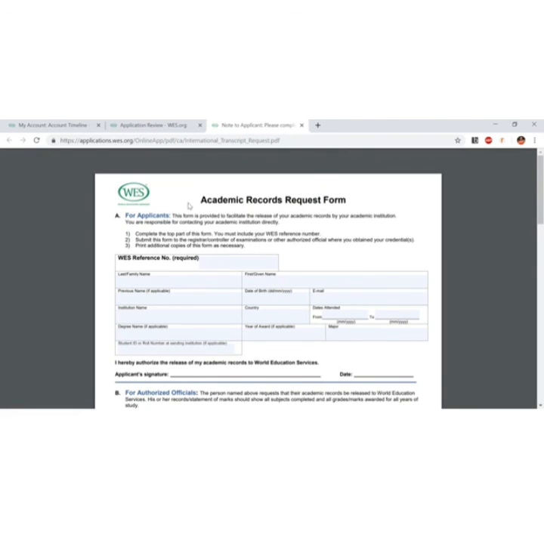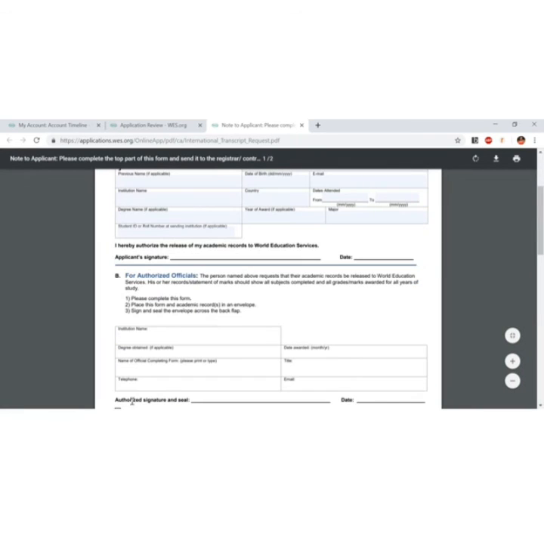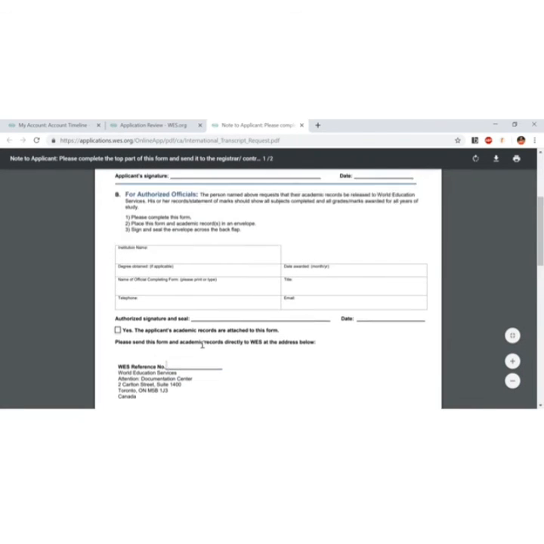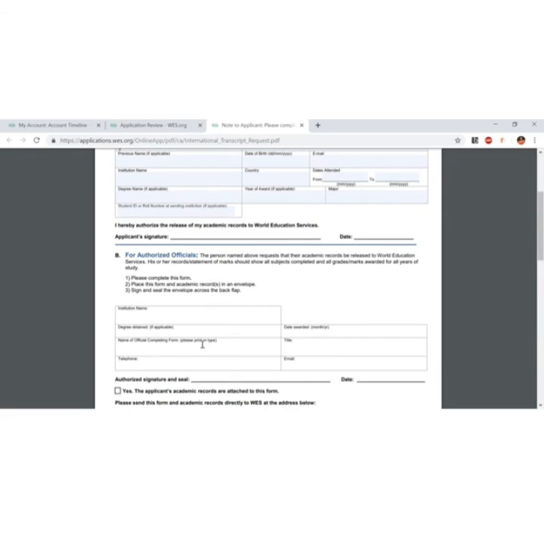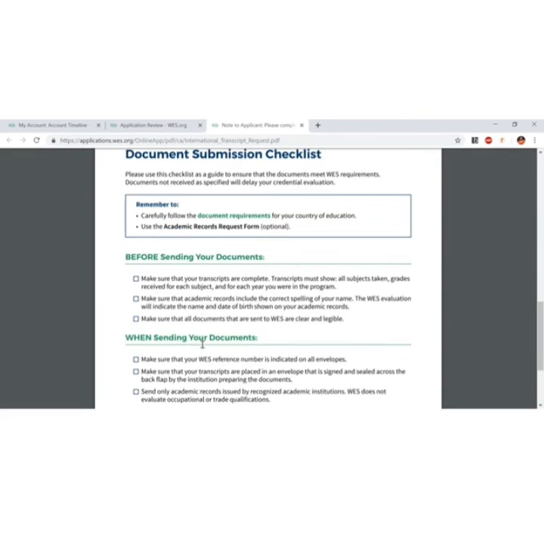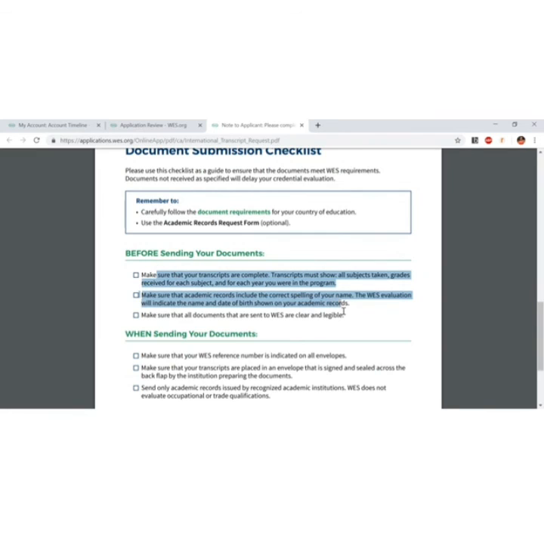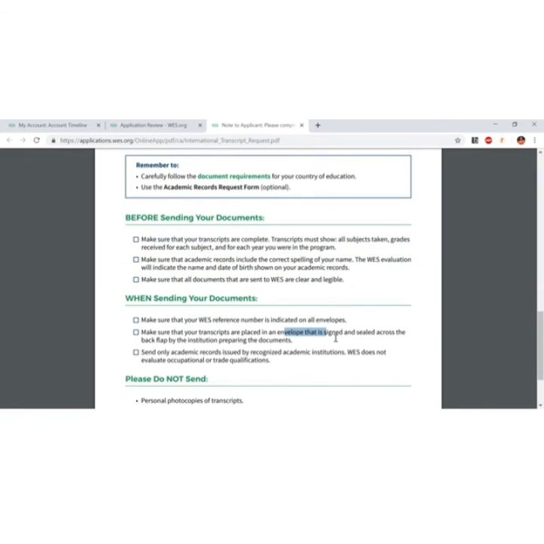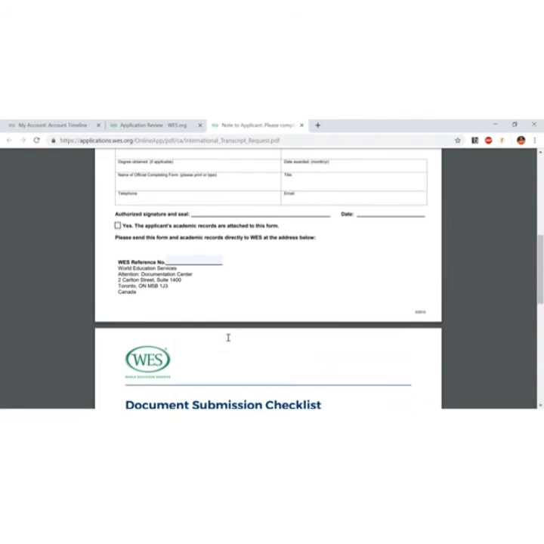If you have to go to your university and apply for the transcript, this is the reference number we were talking about, which we got in the last step, and your name, reference number, everything. Again, you have to enter your reference number here also. Take a printout of it and submit it to your college, because the college might have their own transcript request form. But along with that, submit this also, because this has clear instructions on how they should send your transcript in a closed, sealed envelope, signed across the back flap and all that. And there's this address where you should be sending it along with your reference number.